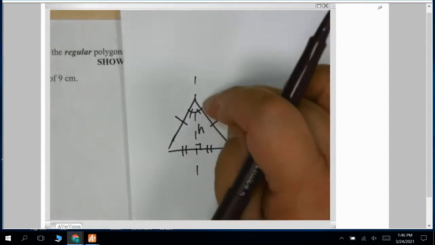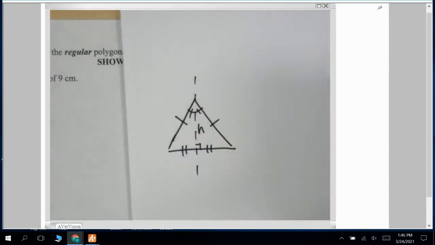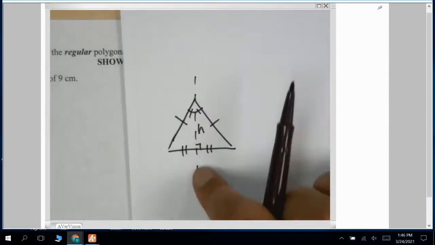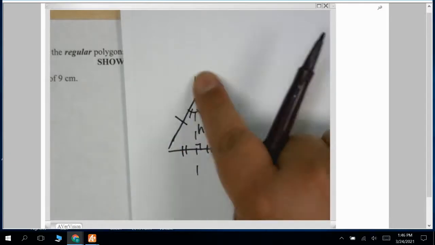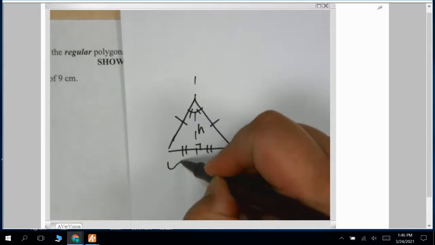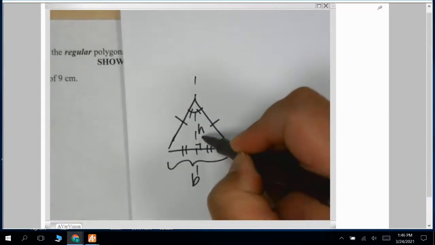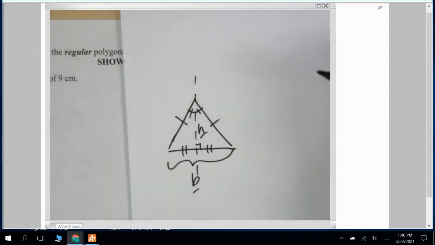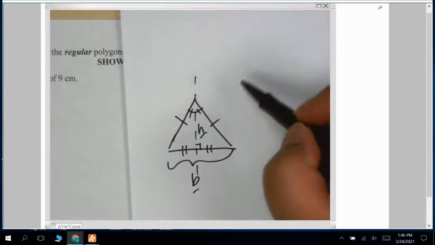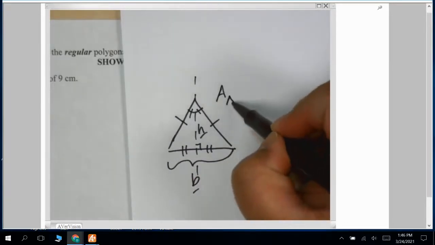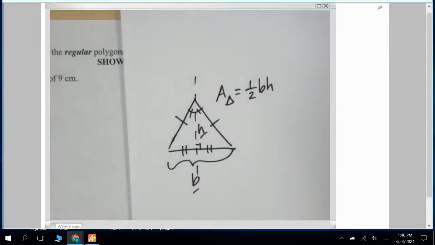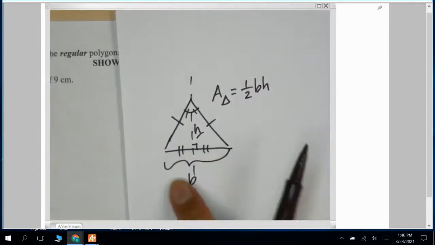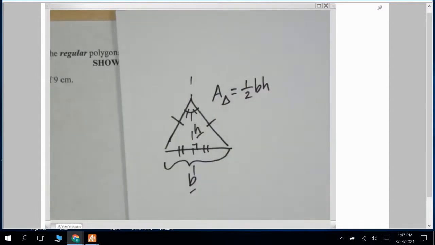So if I understood an angle in my isosceles triangle and how the line of symmetry bisects, I could find the area of this isosceles triangle, because this is the base and I have a height, and I could use my area formula for a triangle, where area of a triangle equals 1/2 base times height. And I could do that using trigonometry. So I'm going to use this information and now apply it